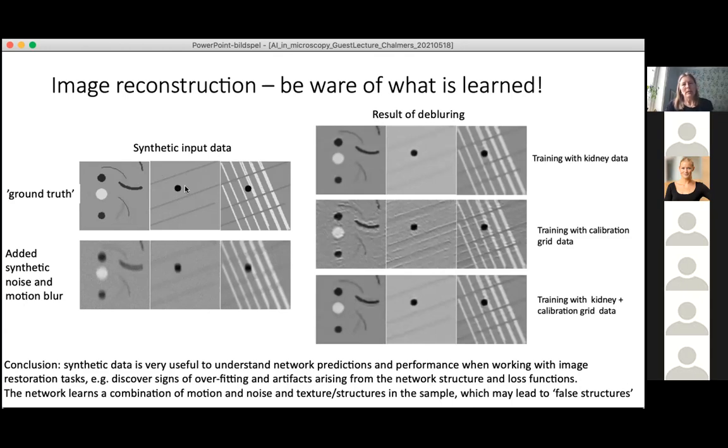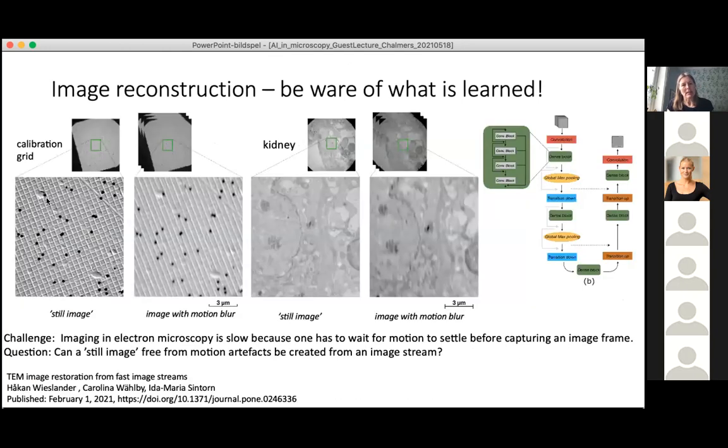And then we tested several networks, but here we focus on the one that performed the best. And then if we only trained on the kidney data, we got this output, which is still a bit blurred, but it looks okay. But what was really the most interesting part here is that when we trained on the calibration grid data, on this data pair,